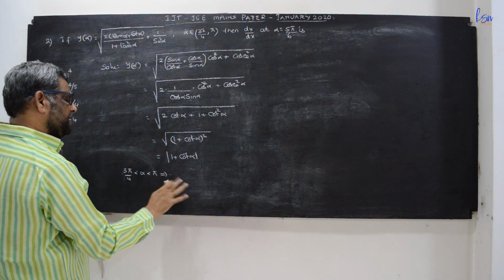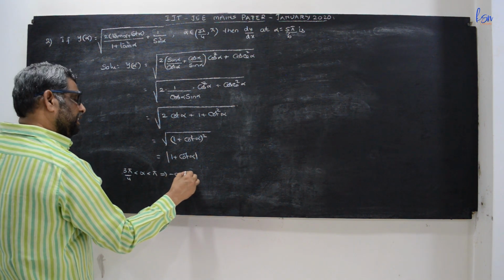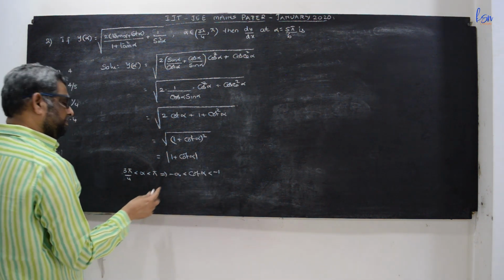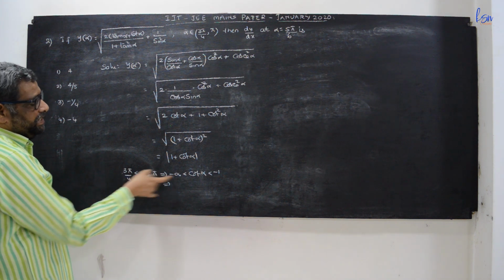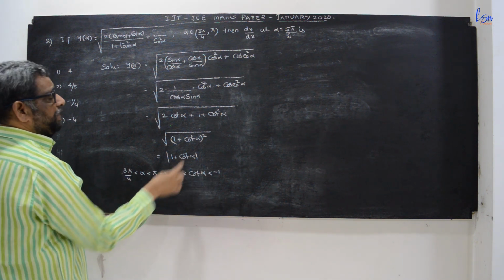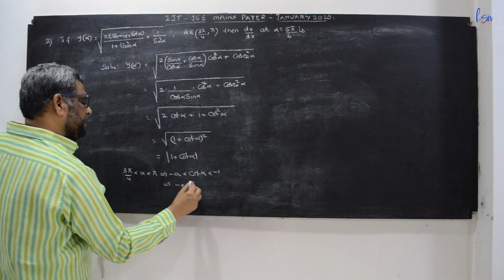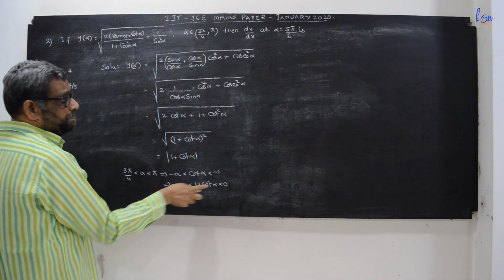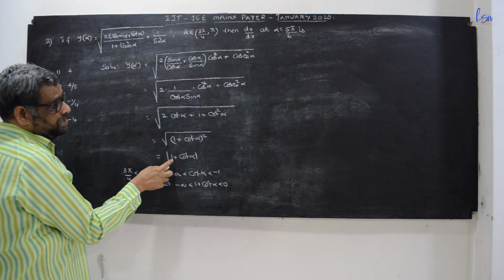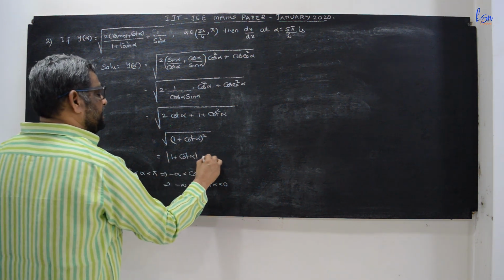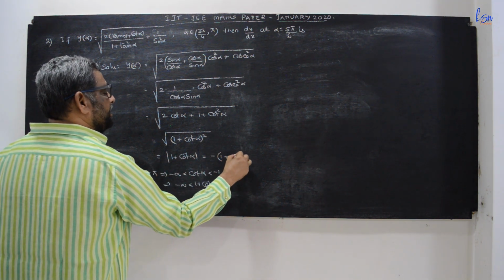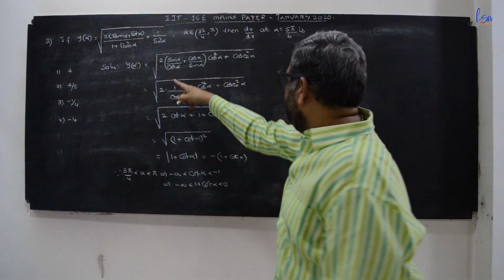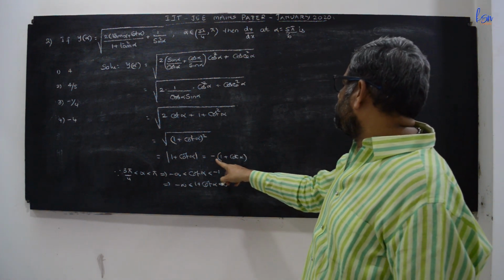Cot is a decreasing function, therefore it can be taken as minus infinity less than cot alpha less than minus 1, because it is also in the second quadrant. You can take cot lies between the negative values. So 1 plus cot alpha: minus infinity less than 1 plus cot alpha less than 0. Therefore 1 plus cot alpha less than 0 implies modulus of 1 plus cot alpha can be taken as minus 1 plus cot alpha. Therefore y alpha is equal to minus of 1 plus cot alpha.